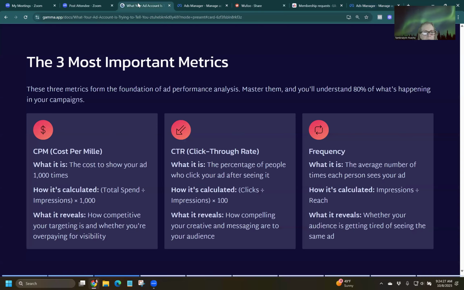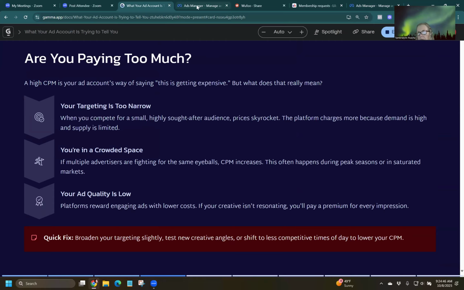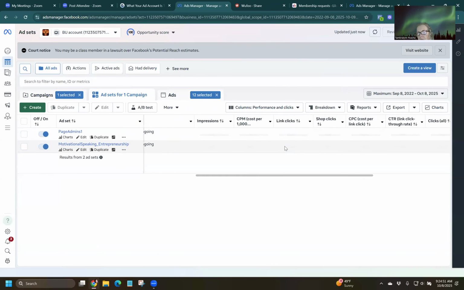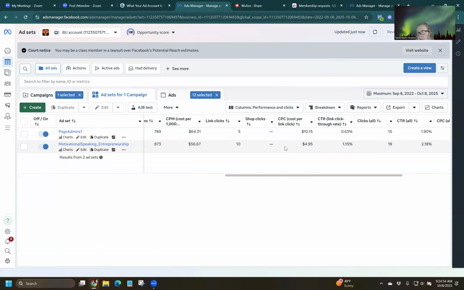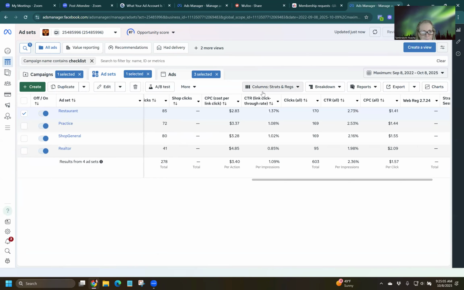So you don't know till you're putting stuff out there, and if you know that it's good. But I'm going to give you the numbers of what you're going to want to be in. Here we go. If your CPM is really high, I typically look at this average here. If my CPM is between $40 and $60, for me, that's typical. And that's where I really want it to be.